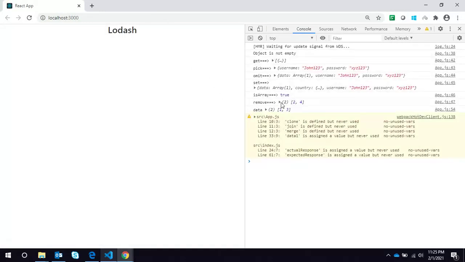So the original array is mutated. It's up to you when you want to use the remove function, because sometimes we don't want to mutate the original array.